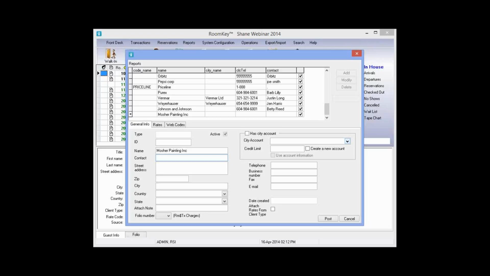Okay, so let's continue on here. We have Johnson & Johnson. Again, ignore this rates area. I'm going to show you how you attach the rates in the Rate Wizard area in just a moment. So that's our first type of company. We're going to add in our second company. So I click Add. Okay, in the company name,